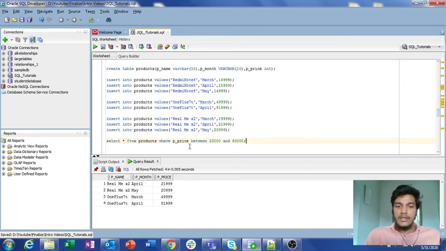But here we need to specify a range. The BETWEEN operator will check whether the value is within the given range. Here value 1 and value 2 are nothing but the minimum and maximum bounds of that range. So this is how the BETWEEN operator works in SQL.